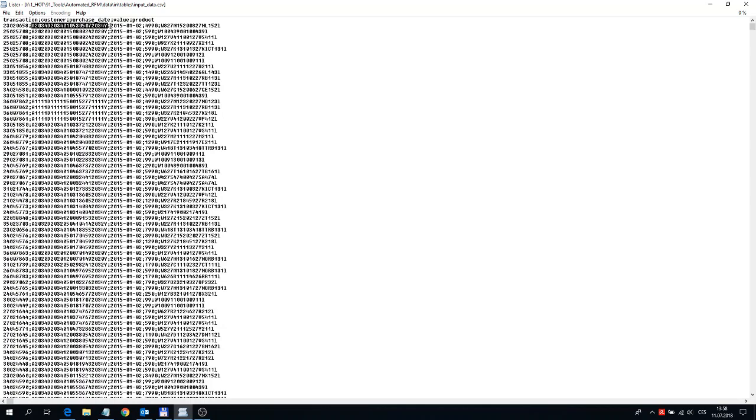So the third column is the purchase date, and let's stop here for a minute. We need this exact format of date. It's the basic ASCII format: 4 digits for year, dash, 2 digits for month, dash, and 2 digits for date. So if you use any other format, it may crash, or it may not crash but may not work properly with dates, so you will end up with a model